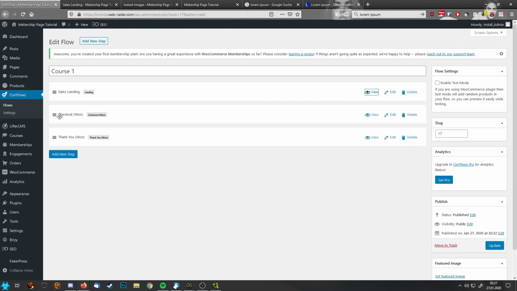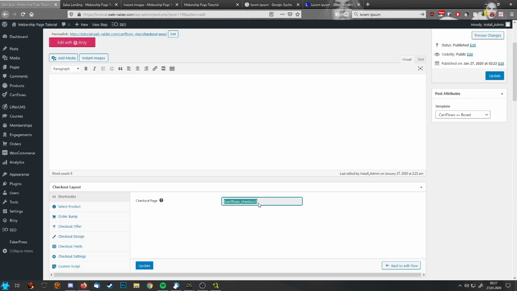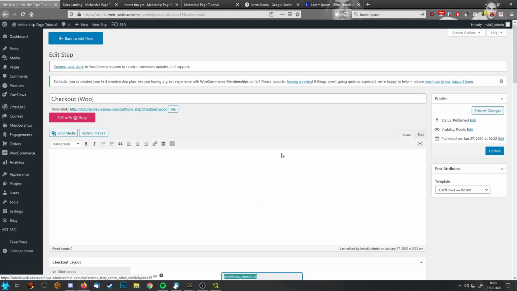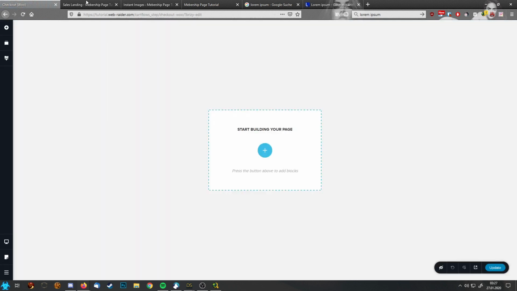Next thing we need to do is we have to create the checkout. So let's hit edit again. Here's one thing important, that's the shortcode. It's always cardflows_checkout. I'm going to copy this again. And here again, template for page builders, update. Now we can go in here,